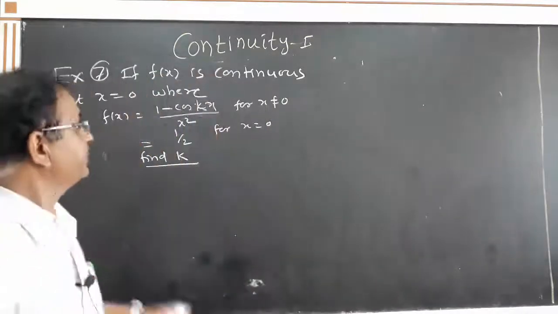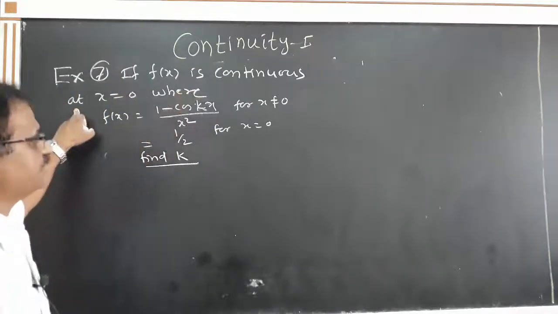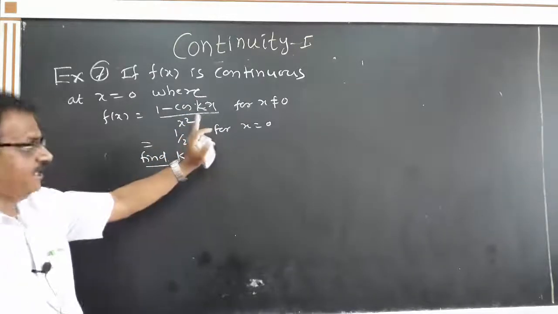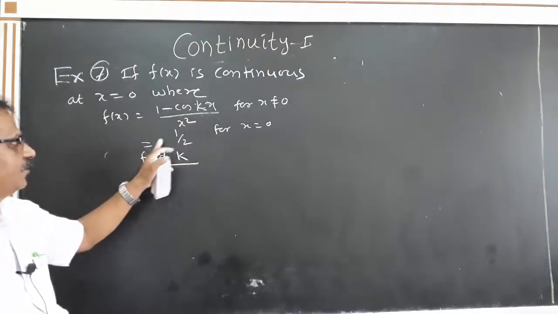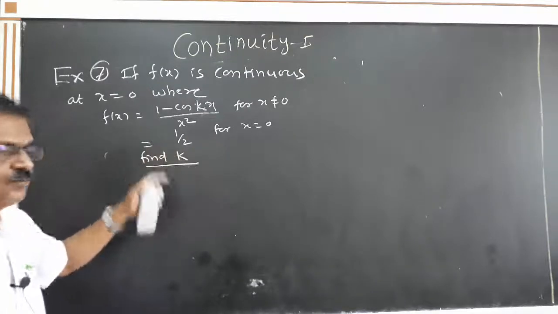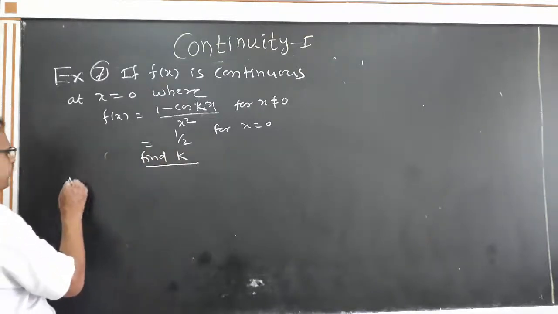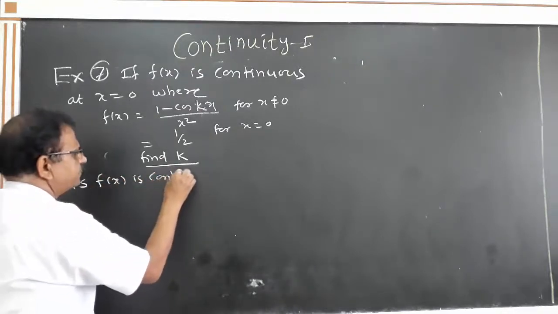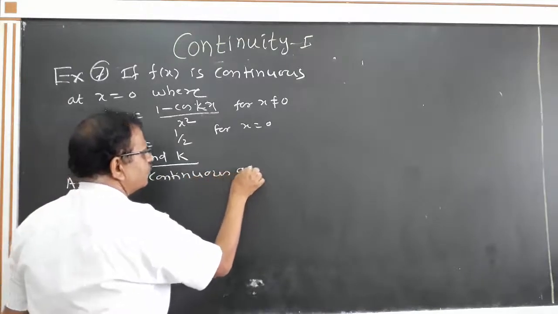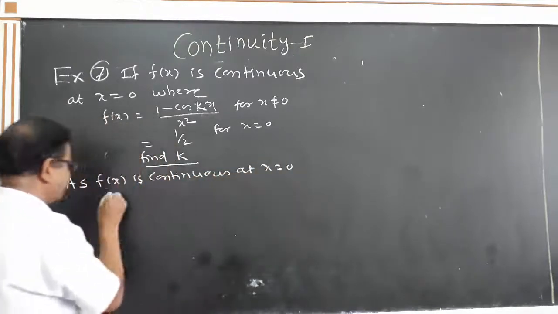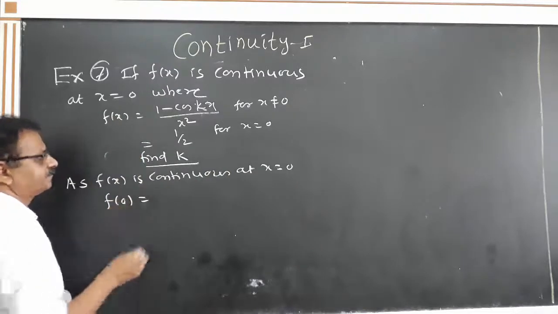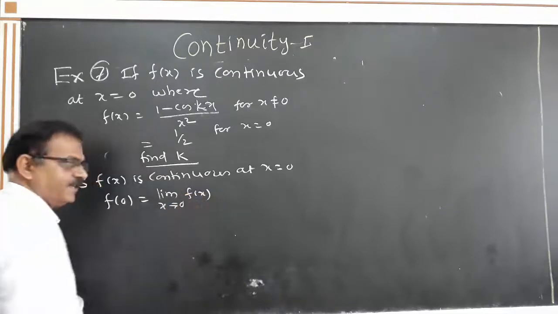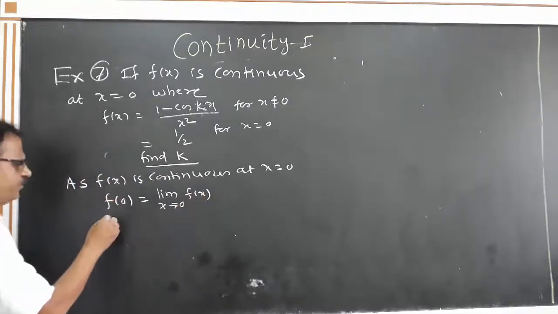Here our seventh problem is: if fx is continuous at x equal to 0, where fx equal to 1 minus cos kx divided by x square for x not equal to 0 and equal to 1 by 2 for x equal to 0, then we have to find k. As fx is continuous at x equal to 0, f of 0 equal to limit x tends to 0 of fx, by the definition of continuity. But f of 0 equal to 1 by 2